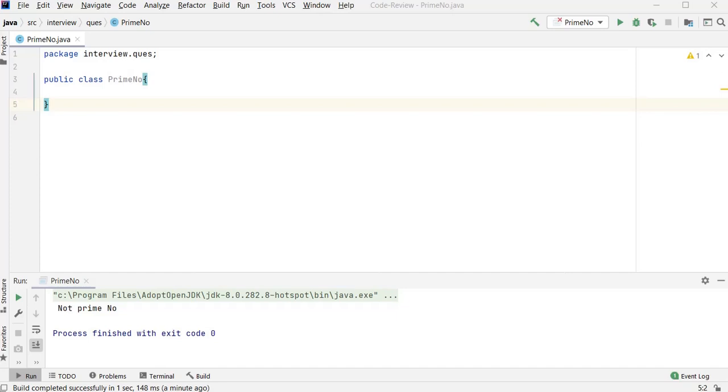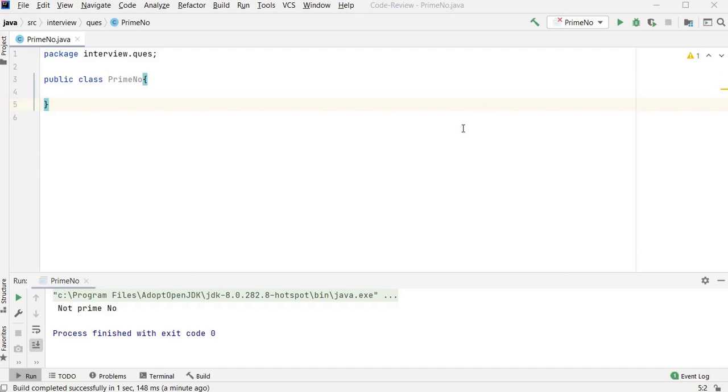In this video, we will learn about prime number programming using Java 8 Stream. This is a very common question in Java interviews. The interviewer can ask it in different varieties, like how to generate prime numbers using Java 8 Stream, how to print a series of prime numbers, or how to print a series of prime numbers given two numbers.